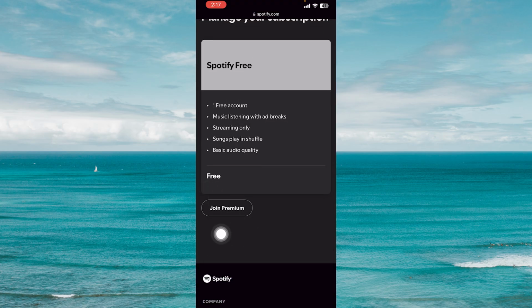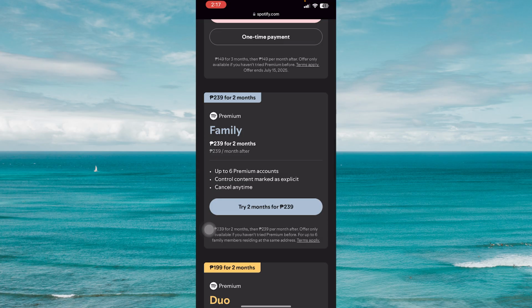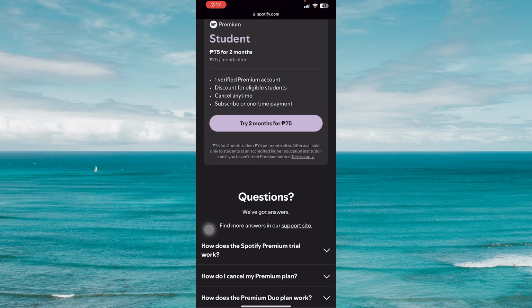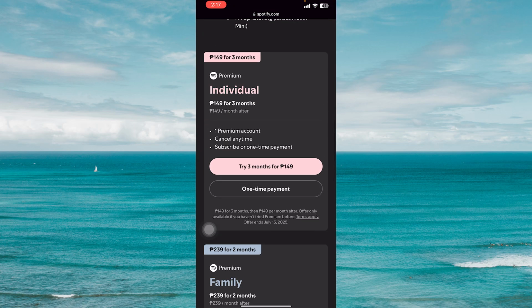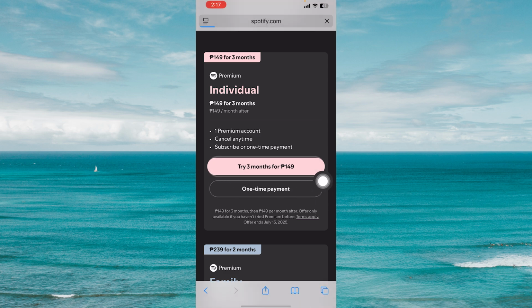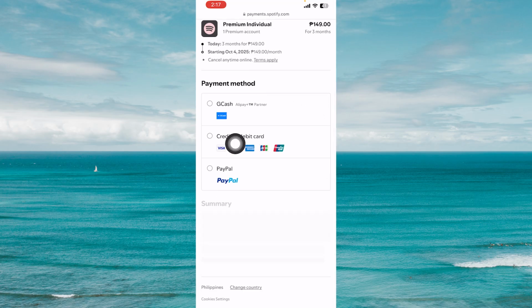This is where you can join premium, so select the join premium button and you should be able to scroll through these plans, so select whichever is appropriate for you. For example, I'm going to select the individual plan, and usually Spotify will offer free trial as well. So you can go ahead and select the try 3 months for a specific price, and you can then enter